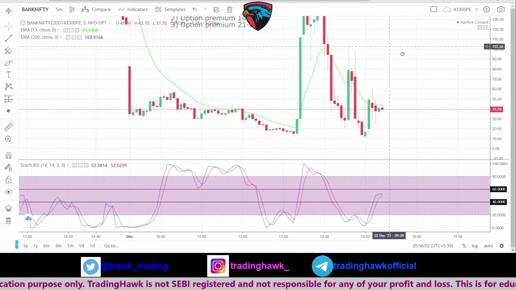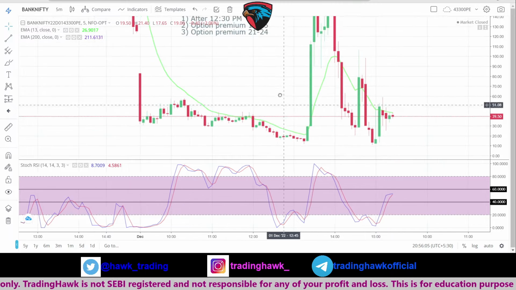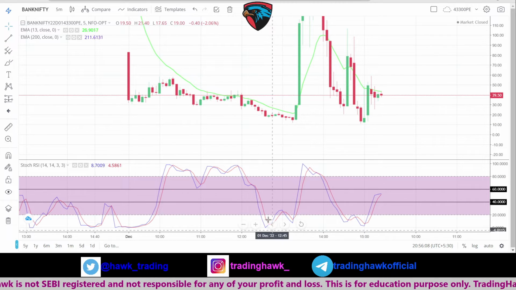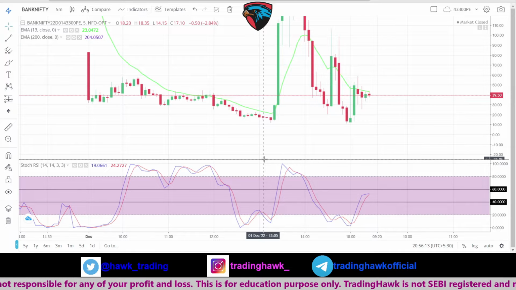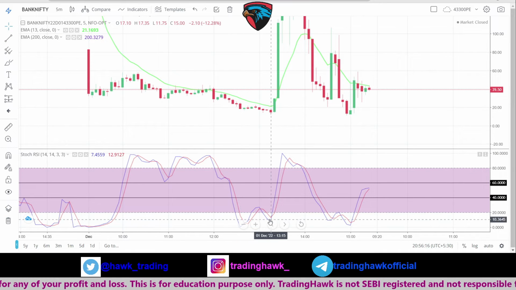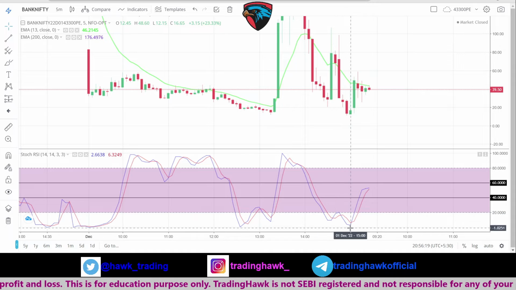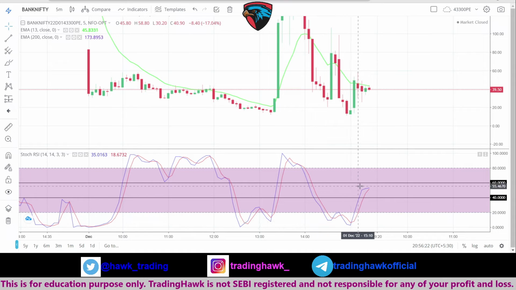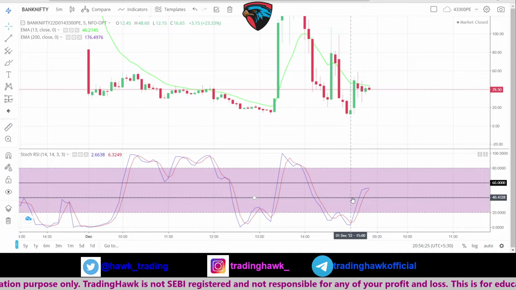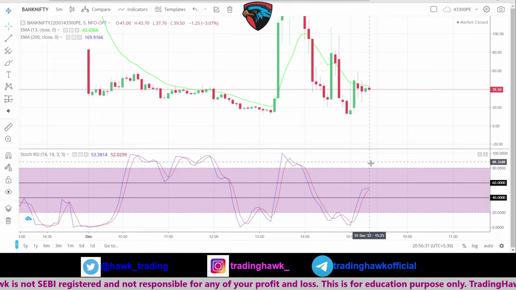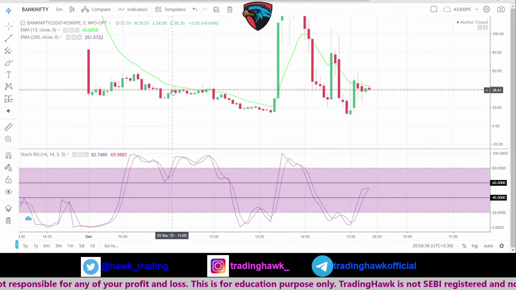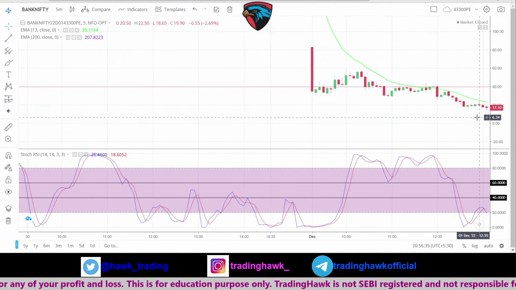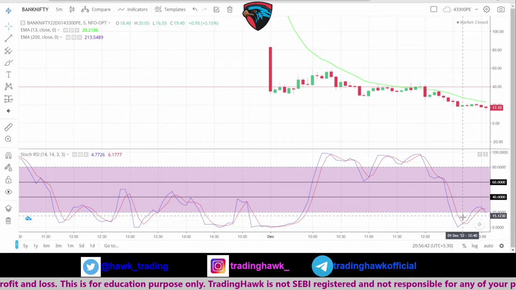So what you need to understand here is how you will identify such a thing. You will get the signal from the stochastic RSI. Always wait for the stochastic RSI on 5-minute to make a double bottom pattern. Whenever you see the double bottom pattern, there is a chance that it will bounce now. First it will try to go till 40, then 60, and then above 60 it can go above the 80 range, or in between 80 to 100 range on the 5-minute time frame. So if I do it like this, here I notice that now it is